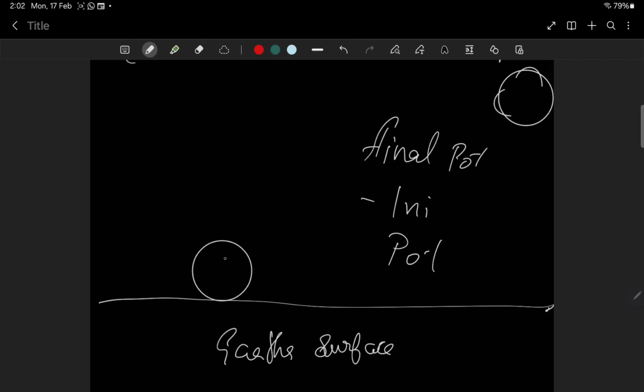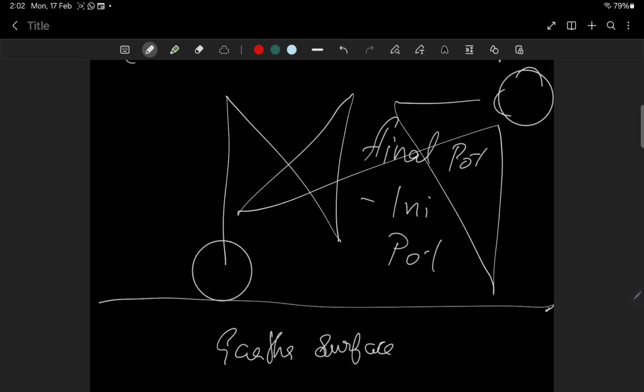So look, first of all, we took this body here, then here, then here, then here, then here, then here, then here, then here. This was the path taken by the body, right? Somewhat similar path was taken by the body. But hence, if this was the path also, what happened? There is no net change, because the final potential doesn't depend on the path. It just depends on the initial and final position. The forces which are state variables, or which are independent of path, are known as conservative forces.